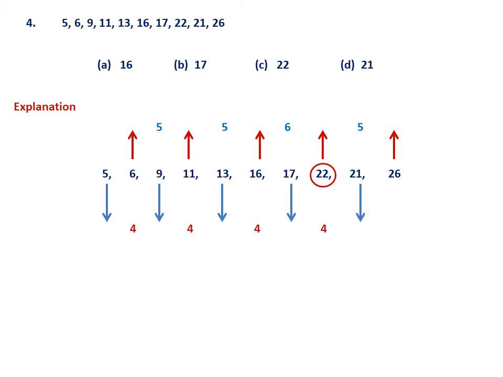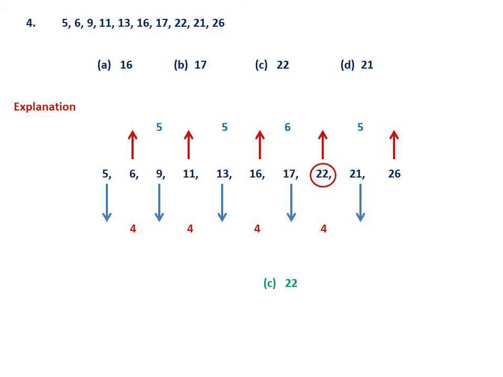Therefore, here the question is which number is not belonging to the category. Definitely 22 does not belong to the category. So C is the option. See, in this type of question you have to be very careful. Sometimes they mix the series. Two alternate numbers, that means alternate numbers if you take, it will be a series. So that's the peculiarity of this type of question. So 22. Now let us go to the next one.